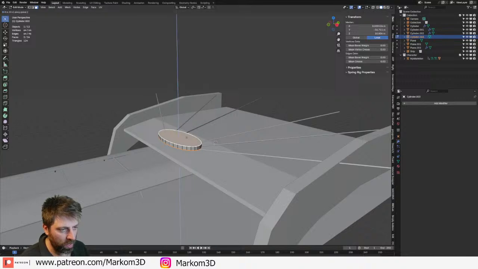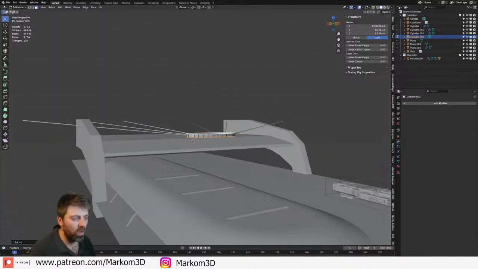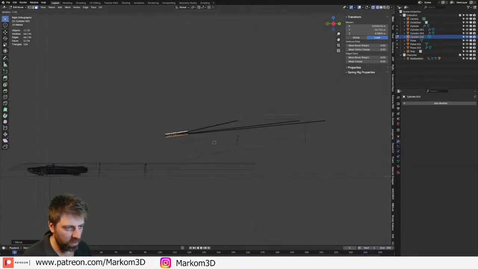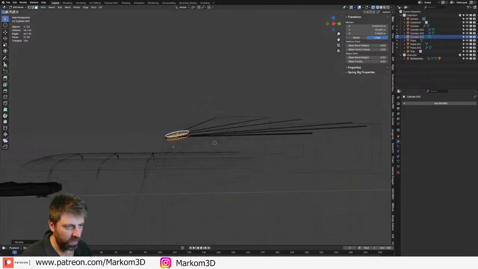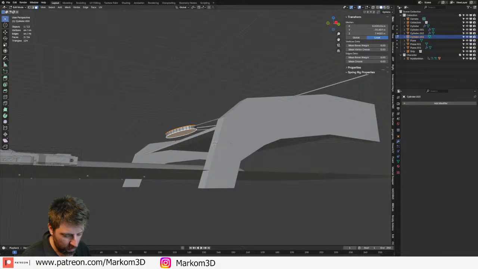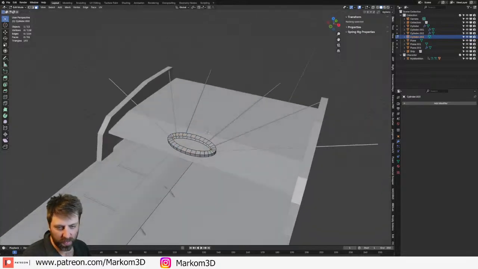And then the idea that I'm having here is almost this is actually maybe we do it like that. And we'll do I to do an inset, delete faces.